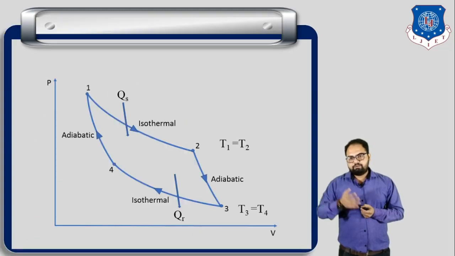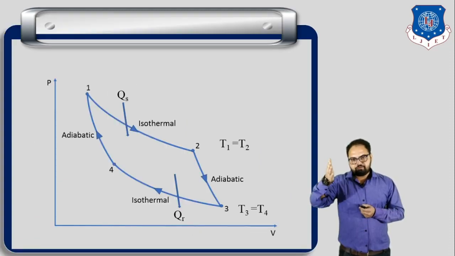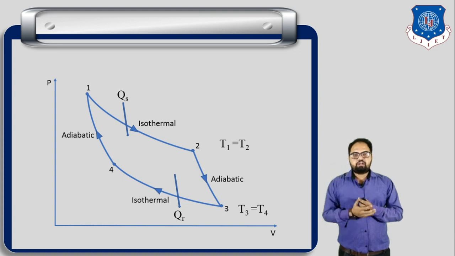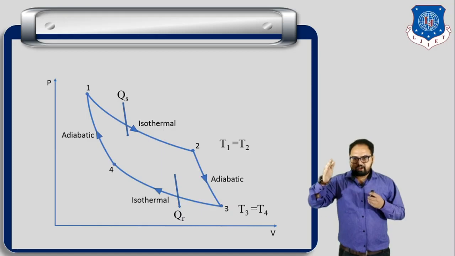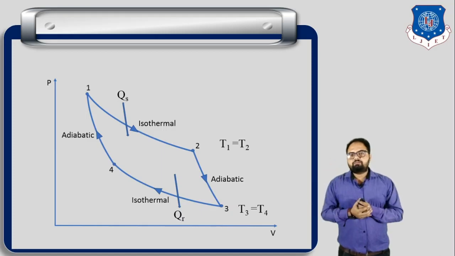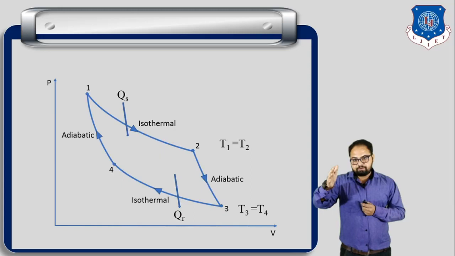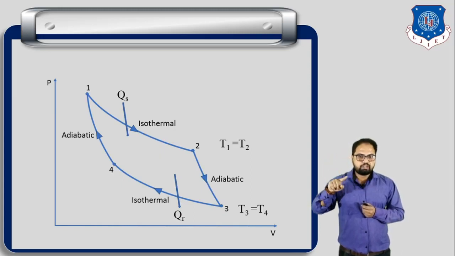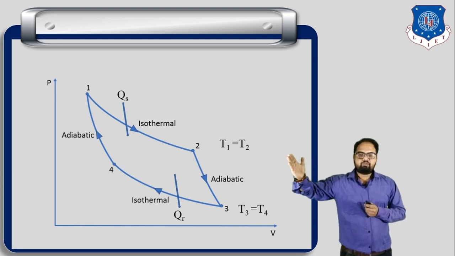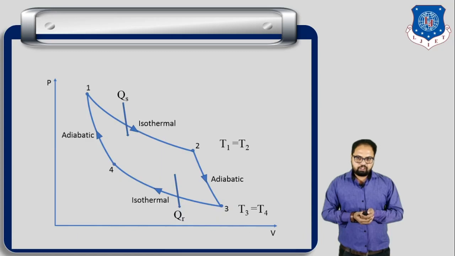Here in this figure there are temperatures T1, T2, T3 and T4 indicated. That does not mean I am wrong. I have taken T1 and T2 only for the understanding. Here in the PV diagram we have taken a total of four temperatures, T1, T2, T3 and T4. That means T1 and T2 are both equal, and T3 and T4 are both equal. Okay, so let's